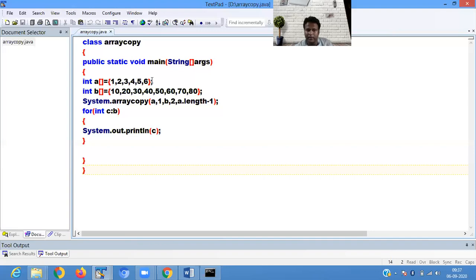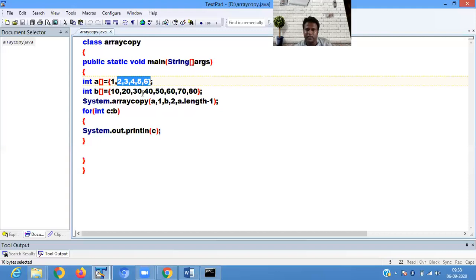From the A array I want to copy from the 1 position, leaving the 0 position. As I left one element, here I pass A dot length minus 1. I cannot pass A dot length, because when you write A dot length, the size is 6. As we left one element, for that reason we have to pass A dot length minus 1.